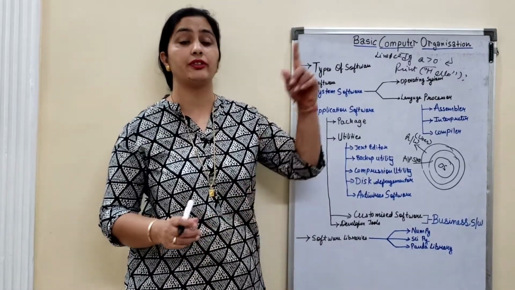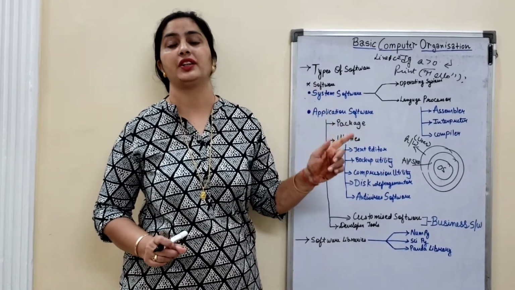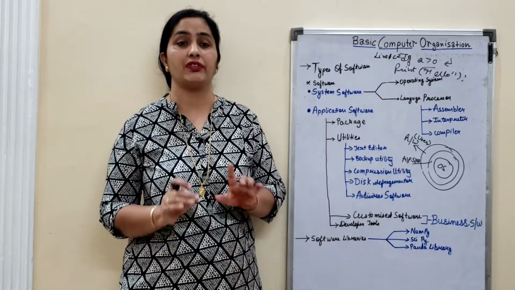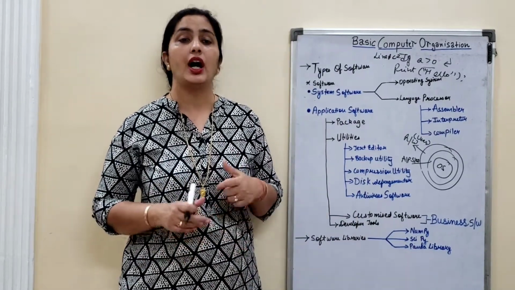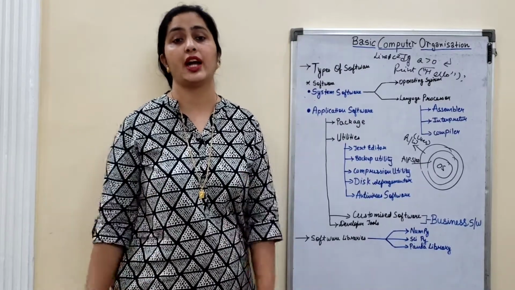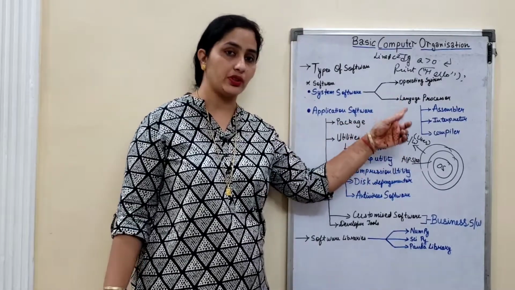So the compiler will check your program at the time of execution. Then again you have to go to the coding part of your program, and there you have to rectify all the errors. Then again you will run your program. If it is correct, you will get your output. Otherwise, again it will give you the list of errors which you have to remove before the execution of the program. So remember students, these are the 3 kinds of language processor.